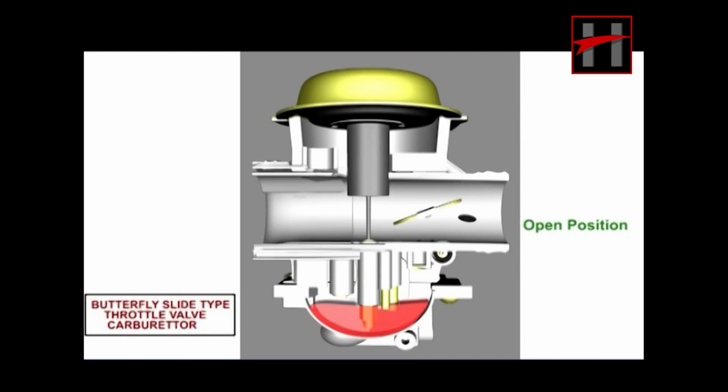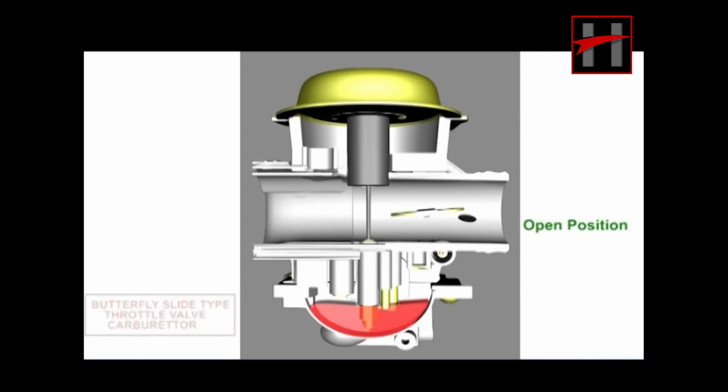When the pressure drops in the venturi, the pressure in the upper chamber of the diaphragm also drops due to the hole provided in the piston valve connecting the upper chamber to the venturi. The lower chamber of the diaphragm is at atmospheric pressure. Due to the pressure difference between the upper chamber and the lower chamber of the diaphragm, the piston and jet needle are lifted up for aligning the required air-fuel mixture. It is clear that the lifting of the piston is controlled by the opening of the butterfly slide valve.